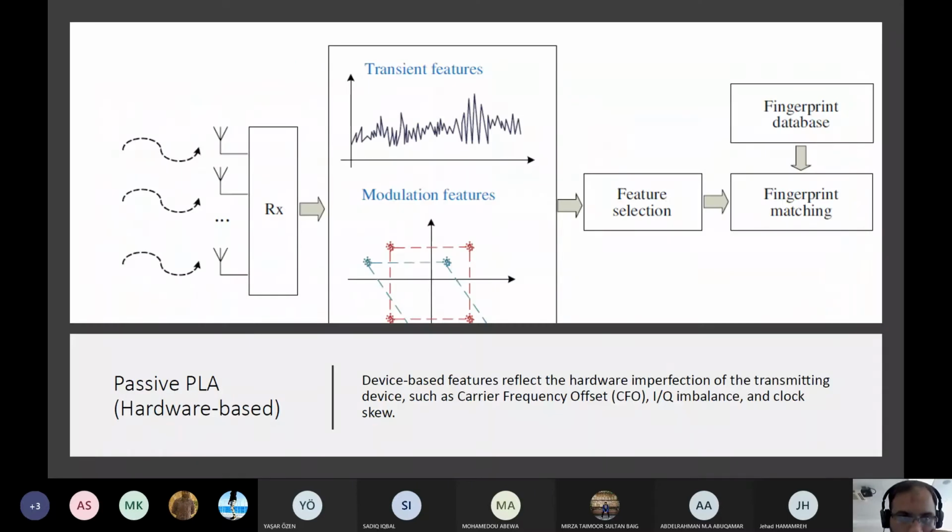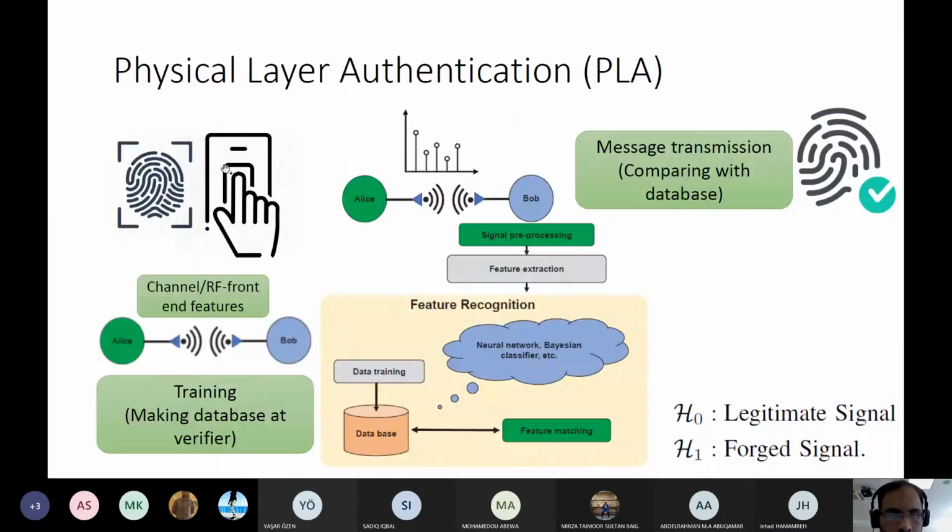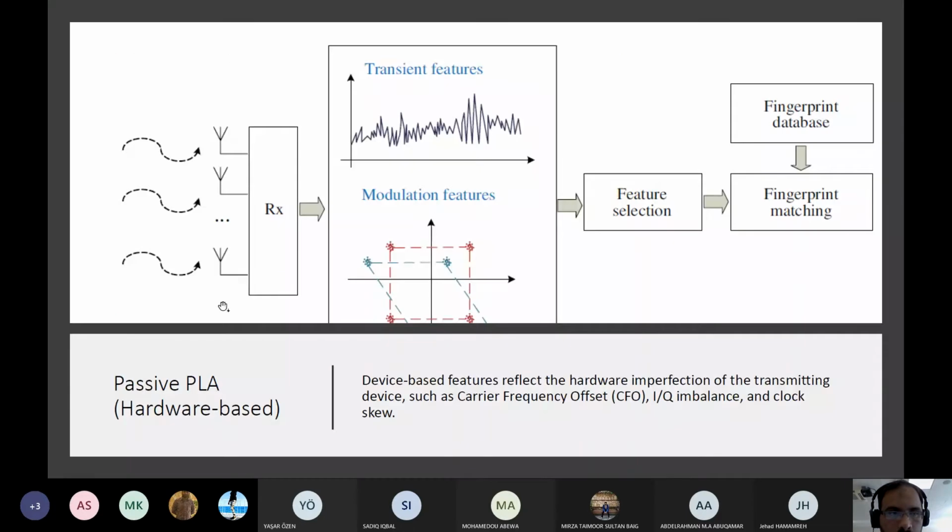Now, the second type that I told you about is hardware or RF based authentication. The basic idea is that, in general, in hardware based authentication, you receive a signal and extract the features.